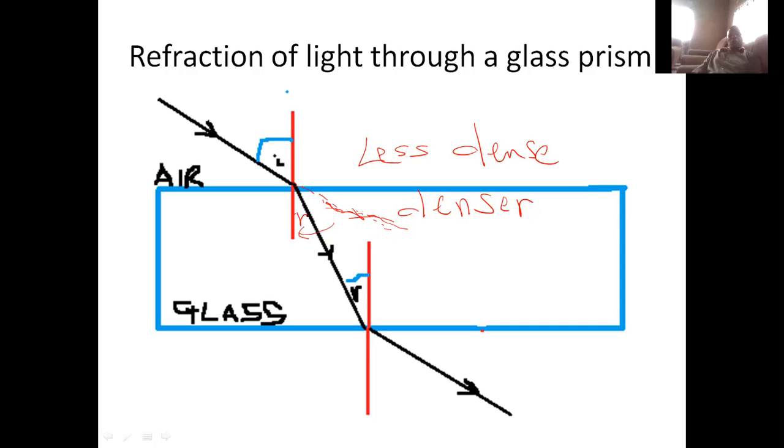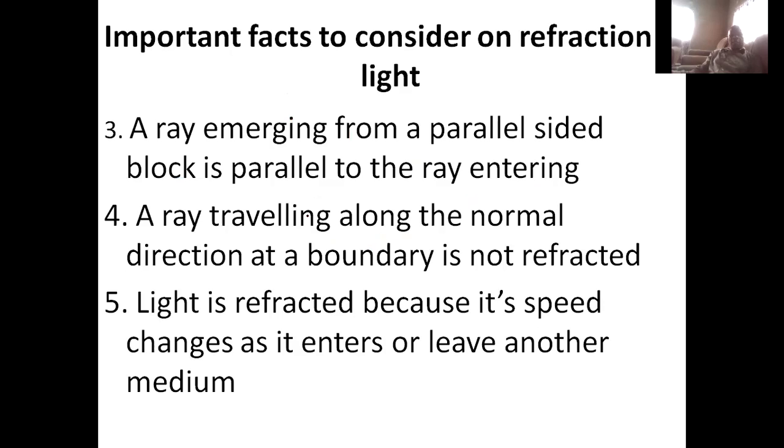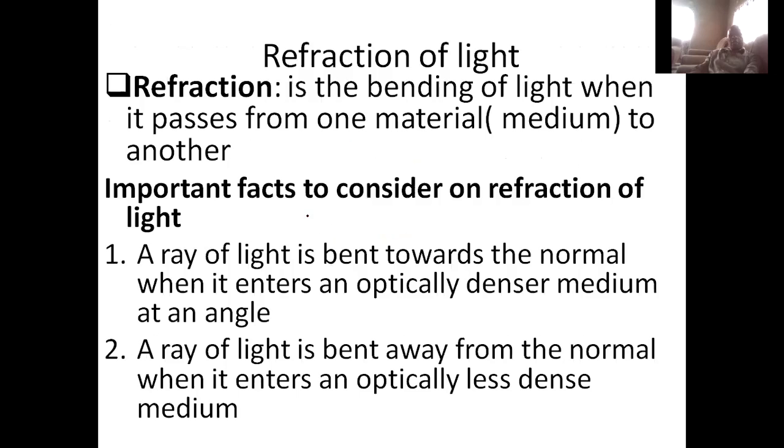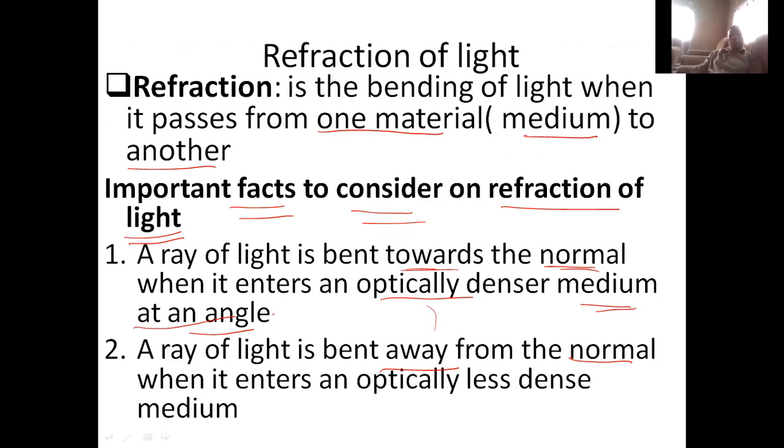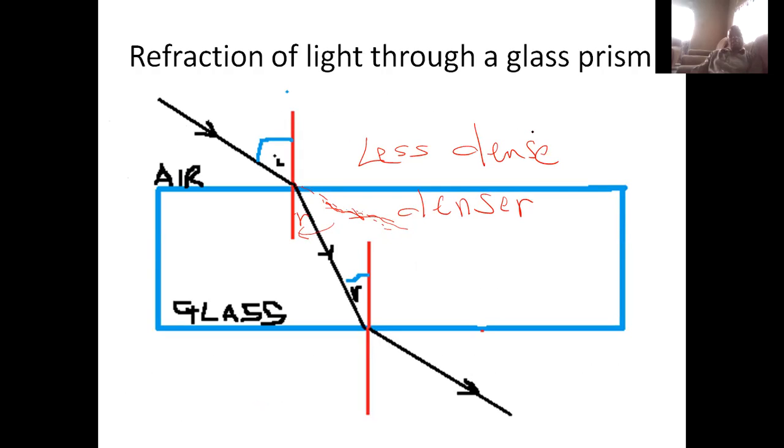Okay, so that's what that means. Then a ray of light is bent away from the normal when it enters an optically less dense material. What that means is that this is denser, glass, and this is less dense. This should have taken that path, but because it has entered a less dense material from a denser material, it is refracted away from the normal. And we also need to describe that this ray which is entering is known as